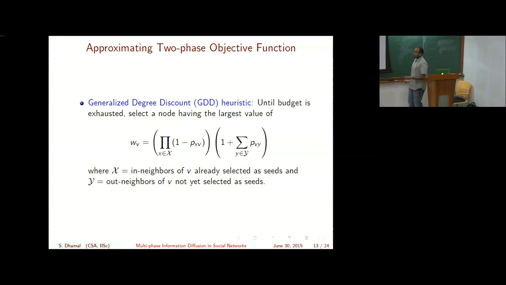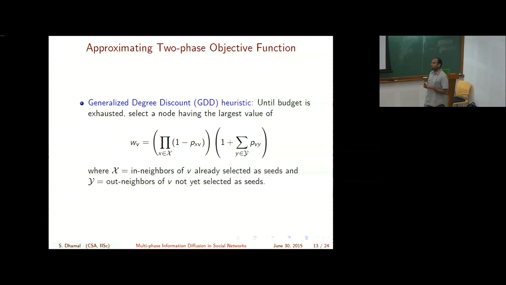So we propose an algorithm for single-phase maximization itself first. Instead of selecting the seed set optimally, we would like to select it in some other way. Consider this weight which we give to all the nodes. This particular term is the probability with which that node is not going to get influenced. Because of the diffusion which is already proceeding, it's possible that a node is going to get influenced because of the diffusion itself.